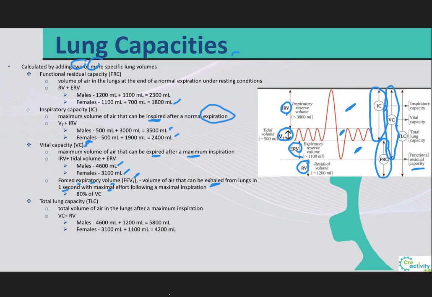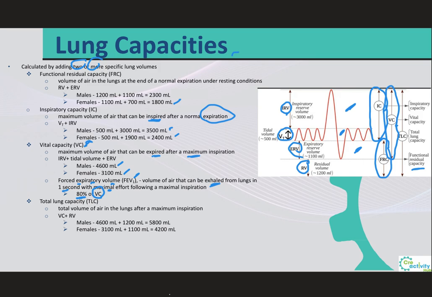And in normal conditions, this volume, the forced expiratory volume in 1 second, is going to be about 80% of the vital capacity. And typically, individuals that have chronic obstructive pulmonary disease have greatly reduced FEV1